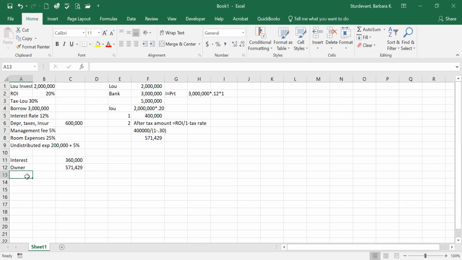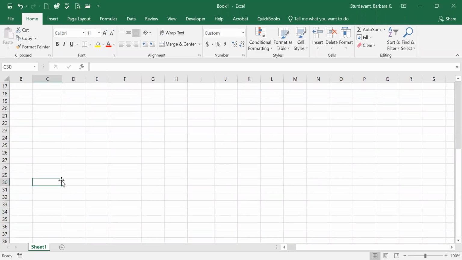And then we have to look and see, what do we have for fixed cost? Fixed costs are costs that we have to pay regardless of how much we sell. So the only ones that we know exactly what they are up here are depreciation, taxes, and insurance. And we know that they are